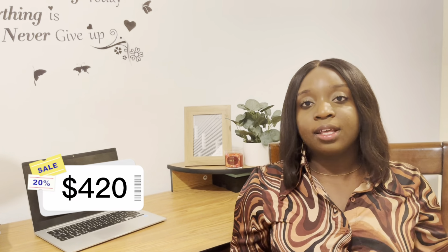Now, for CGFNS, you're going to open a portal online, and then you're going to pay the amount of money needed to open that portal. So you're going to pay that amount of money, and then open the portal. Once the portal opens, that's where you see the 3 forms as well. 1 for yourself,